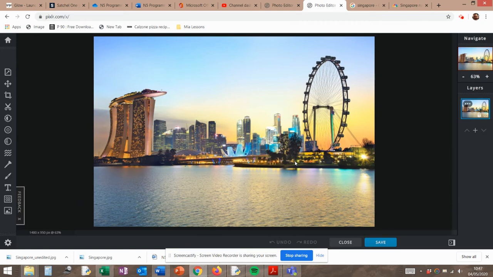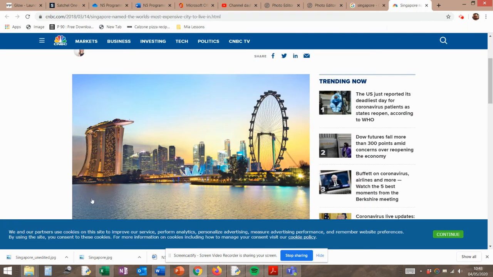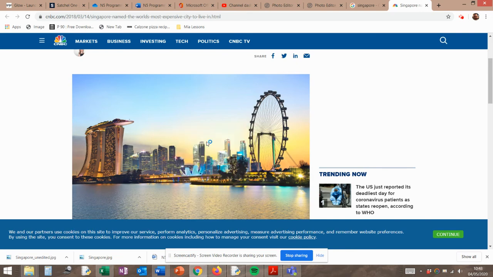Okay, so that's how you make sure that you can load from a URL into Google Images and making sure we have large enough images in there. The alternative to that is to open an image from your desktop. And if it's not working, you're not able to access the URL and it's not loading through that method, what we can do is we can save image as,